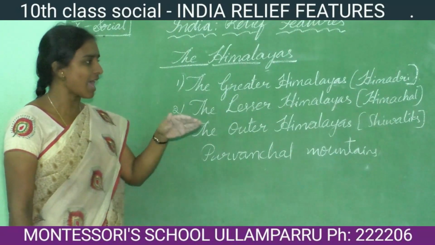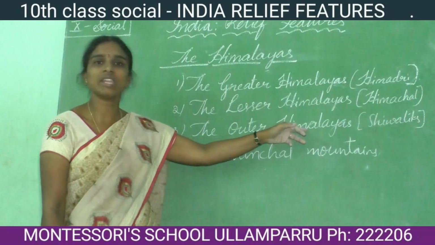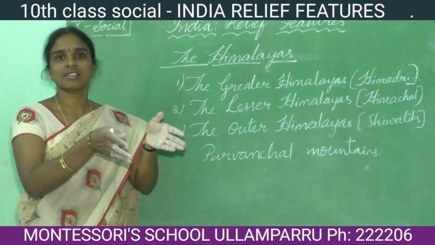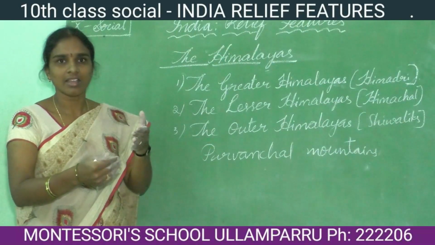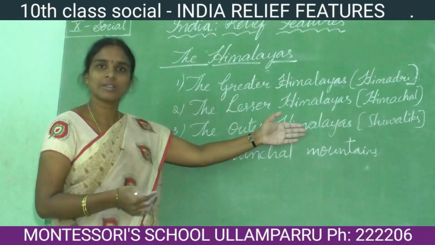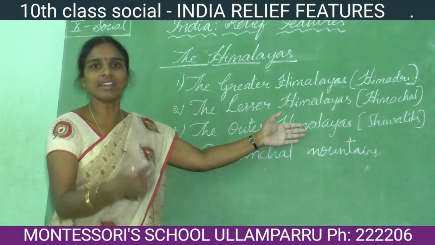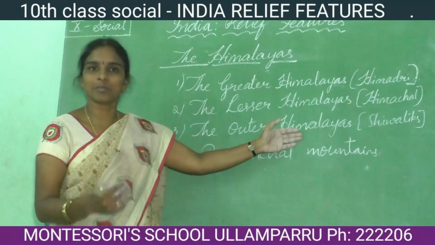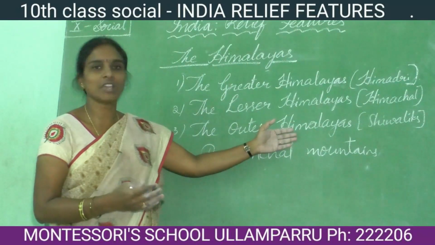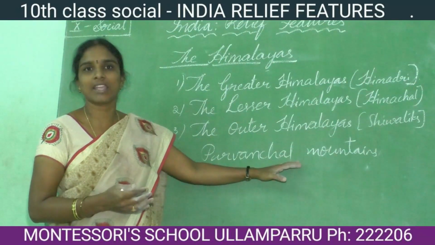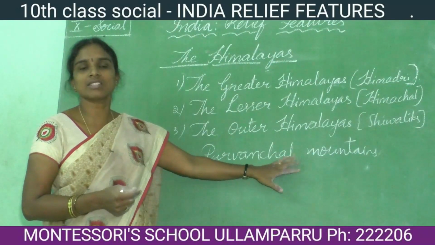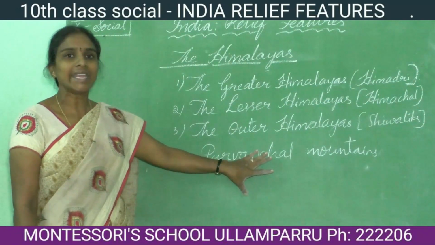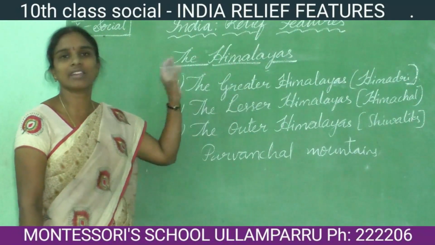And coming to the last portion, Shivaliks, I have already mentioned to you that these rivers flow from these mountain ranges. Once they enter into the foot of the Shivalik range, they form another relief feature that is called the Indo-Gangetic Plain. So next I am going to explain about the Indo-Gangetic Plain. The Indo-Gangetic Plain is a plain region that is formed by the interaction of these Himalayan rivers.